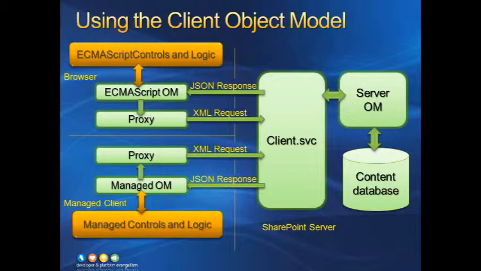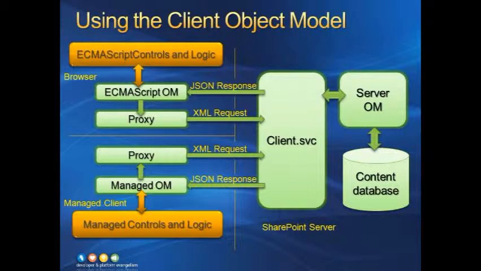So on the right-hand side of this slide, what you see here is we have the client service. That's a WCF service that the client object model is going to talk to. He's going to know how to go through and handle the work of talking to the SharePoint server object model that we're used to using. For the managed clients, so the .NET and the Silverlight clients, you see here at the bottom left of the slide that we're working with the managed API that's then going to talk to a proxy. That proxy is the extra assembly that we're going to need to add a reference to that knows how to serialize everything and do all the transport and the communication